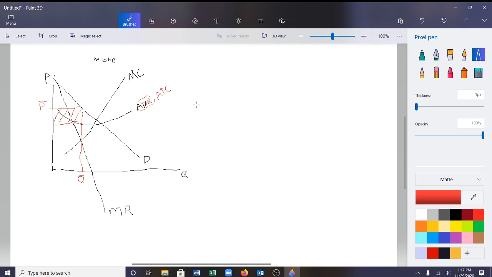So let's just go through that again. A monopolist is going to be facing a downward sloping demand curve and a marginal revenue curve that has twice the steepness of the demand curve. They're going to set marginal revenue equal to marginal cost, just like the perfectly competitive firm, to set their quantity of production. Here it's Q bar. They will price at the demand curve, which is P bar, and the difference between the price and the cost per unit, which is the gap between the demand curve and the average total cost curve, that rectangle is their